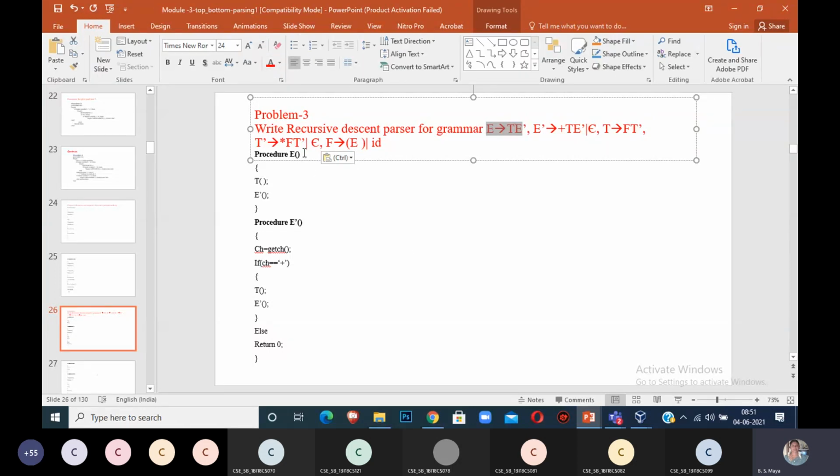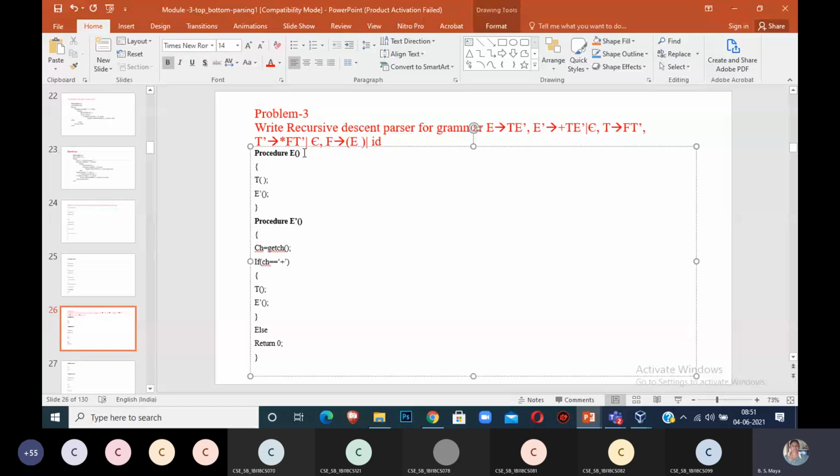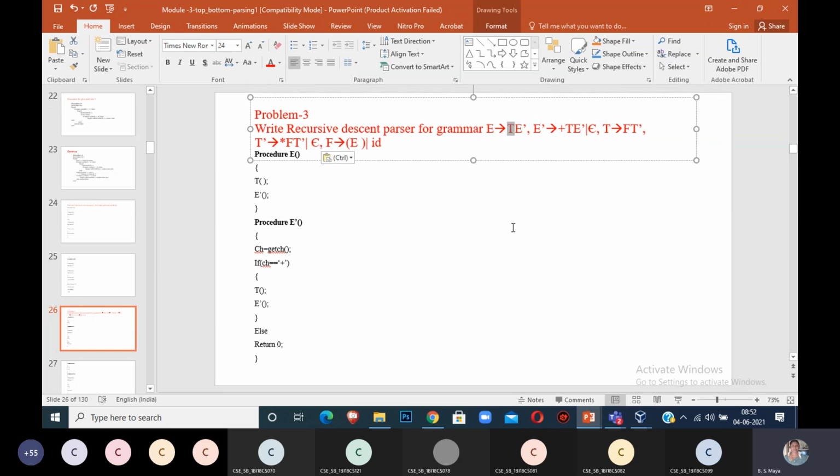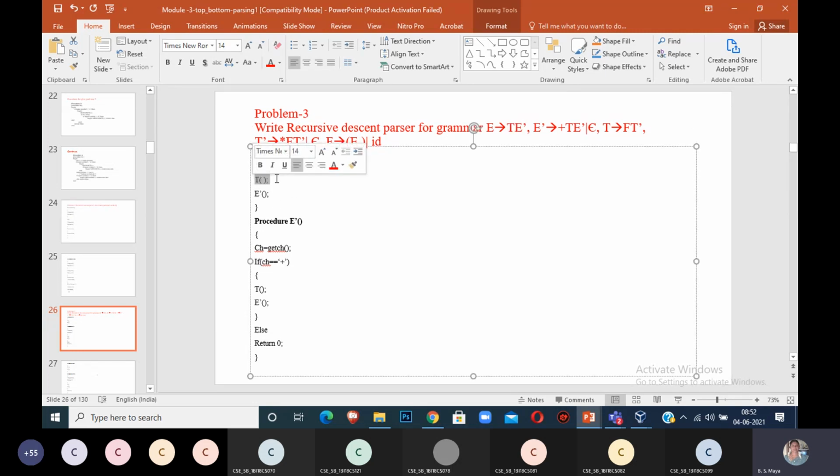You start with procedure E. I am calling the function. Open the parenthesis. After procedure E, immediately you have the non-terminal T. When you see a non-terminal, it automatically calls the T procedure. For that, I am calling T with open parenthesis and close parenthesis. It indicates I am calling the T procedure. When the T procedure is over, it will read the next input symbol.